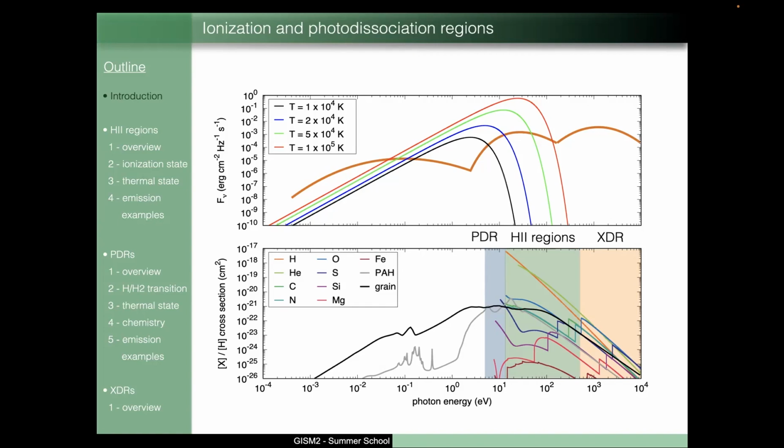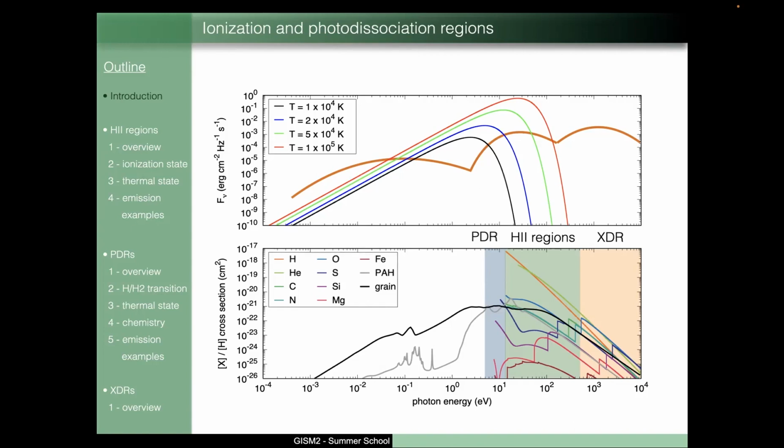And this radiation field will be mostly absorbed, according to this figure, by dust and PAHs. I don't know if I have to say dust or should I say cosmic nanoparticles? I can change my terminology. So, in typical cases, this will be absorbed by dust. So this will be the definition of a PDR. A PDR is a region where there are no ionizing photons and where all the physics is controlled by this